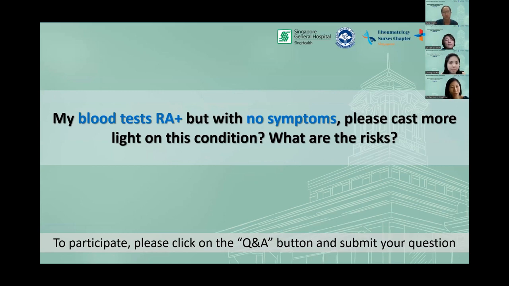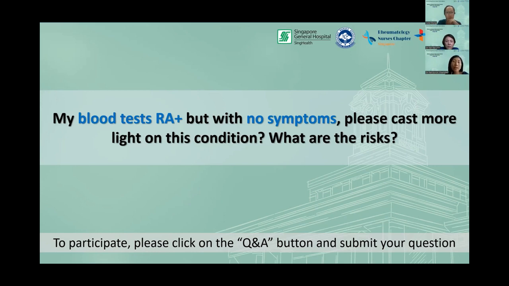This is a very, very good question, actually. So I would assume that when you say your blood tests suggest a positive rheumatoid arthritis test, it might refer to the blood test called the rheumatoid factor, because very often in our clinic we see referrals of patients coming with a health screen. When you do a health screen, the rheumatoid factor is positive, meaning abnormal, and patients are actually fine and well. In such a situation, the first thing to do is to seek the attention of a rheumatologist, and you've gone to the right place. That's why these referrals come through us.